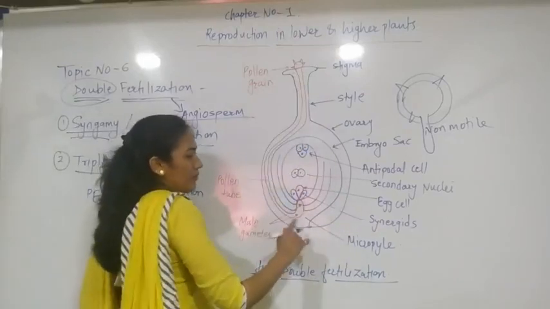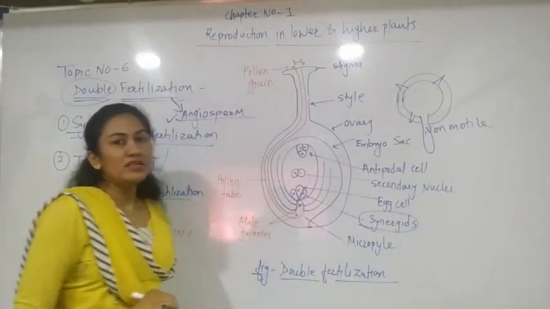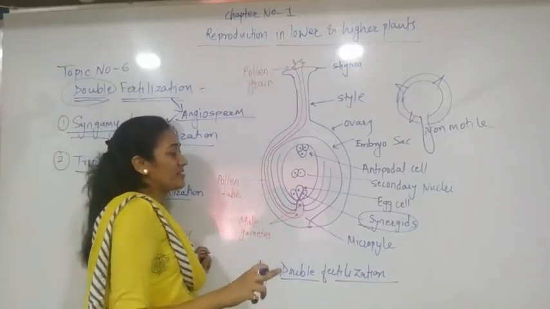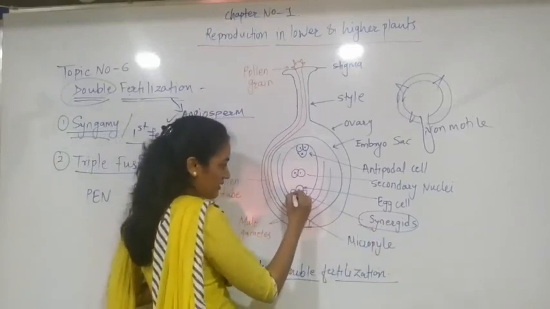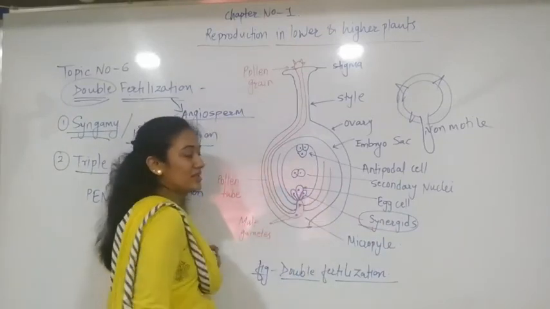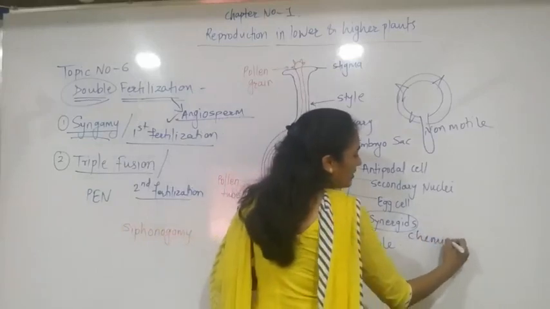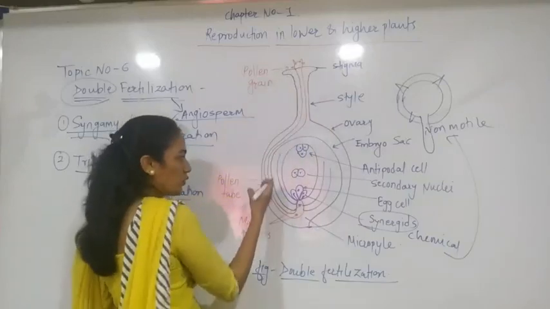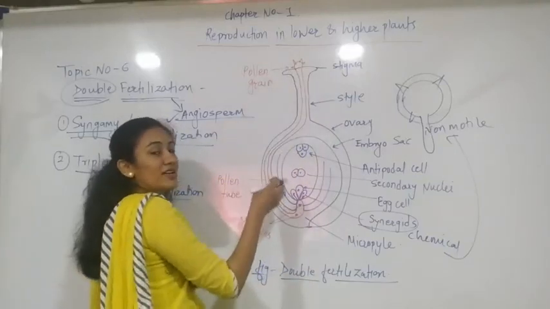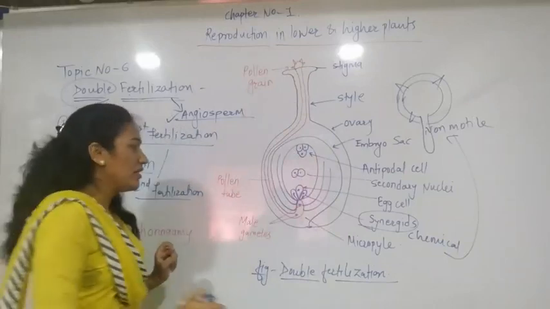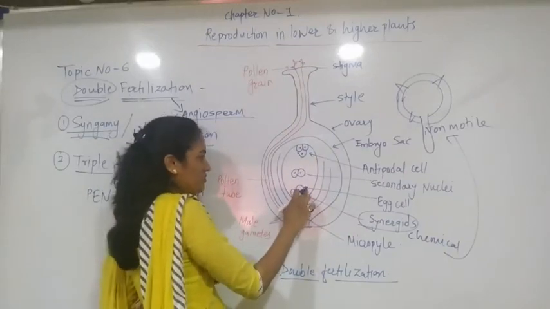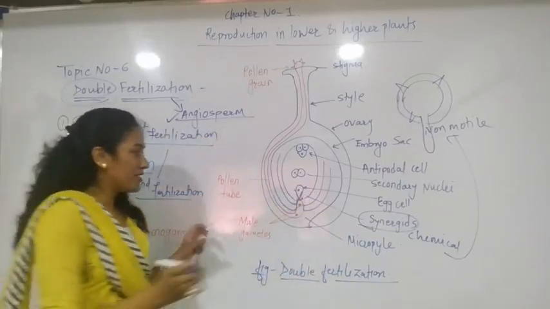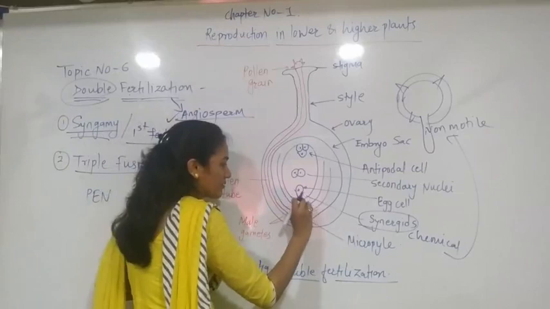Why is it moving towards the embryo sac? It is because of the synergid cells. Just before, I told you about the pollen pistil interaction. In the pollen pistil interaction, I said these two cells are called synergids. These two cells produce a chemical, and what is this chemical for? To attract the pollen tube, so that the pollen tube grows and gets a direction, and the male gametes reach the embryo sac. After this, the synergid cells burst, and their function is over. When the synergid cell bursts, its outer membrane breaks.